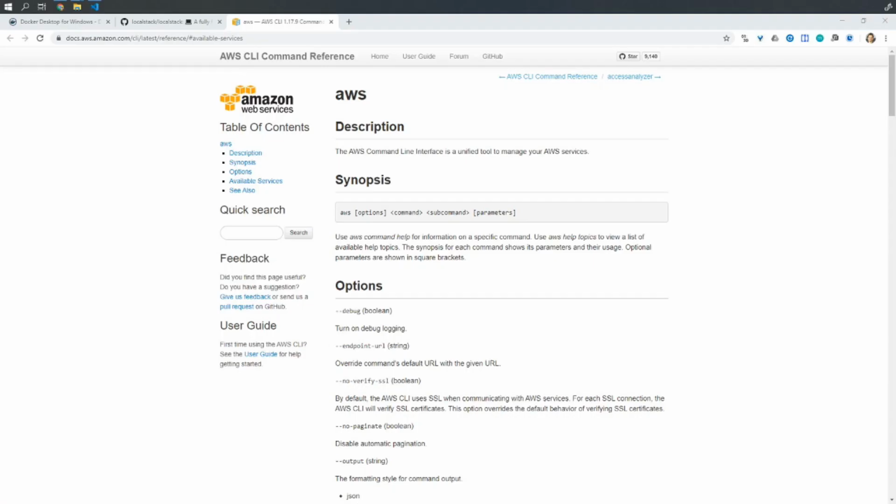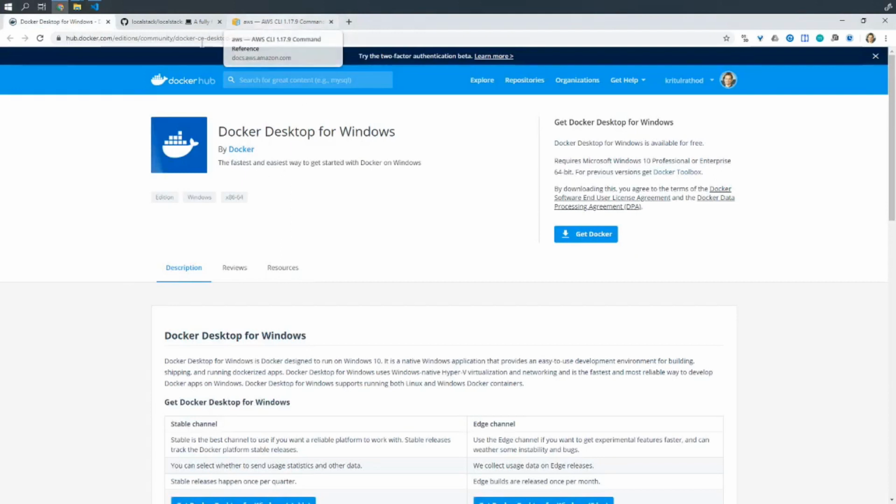Hi, so in this video tutorial, I wanted to show how we can run the AWS environment locally in your development system. So in order to run the AWS services locally, we need to have Docker installed on your system. To get started, first of all, we can get the Docker setup from docker.com, hub.docker.com, and there is